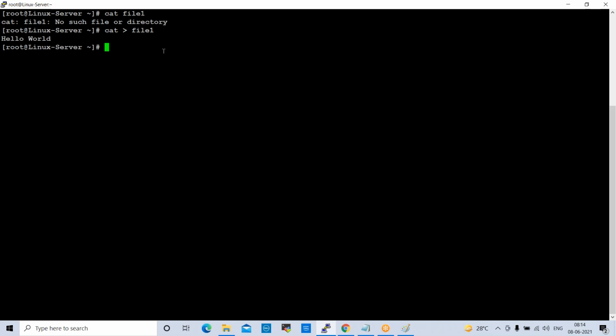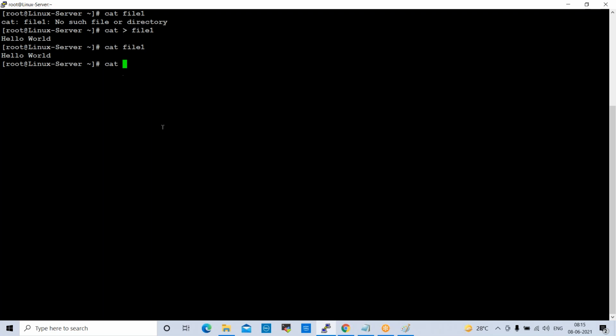Now, if you want to read the content of the file, cat file name, file1. See here, hello world. This is the content, right? So to create a single file, we used to use this command earlier. Now we have the touch command to create multiple files, single file, whatever files. Okay. Now I want to append some content in the file. Append means I want to add some more content in the file. What do we need to do here?